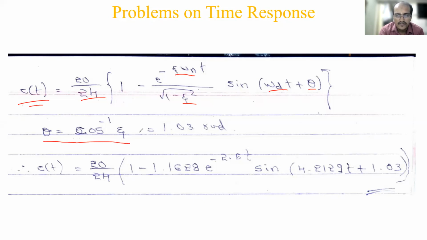So be careful. When you are selecting in the calculator, degree and radian options will come, so you have to select radian. Normally by default it will be in degree mode, and then you will not get this answer. When you keep it in radian mode, you will get 1.03 radian. So be cautious about that in the calculator. If you have the calculator nearby, you can check it right now. Then we'll substitute all these values.